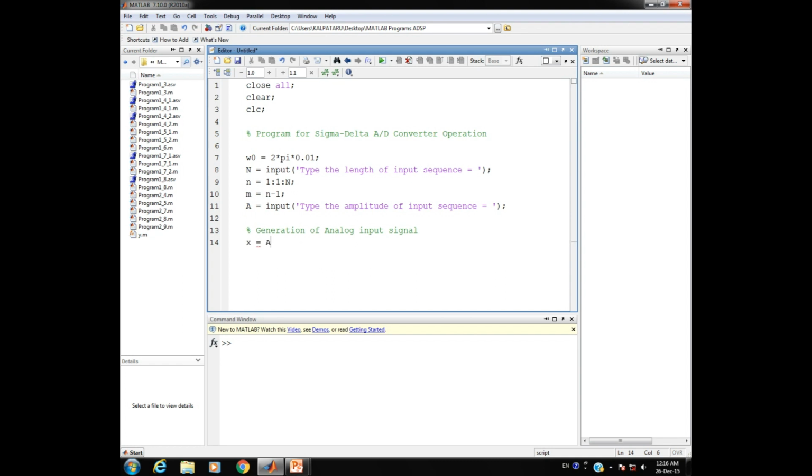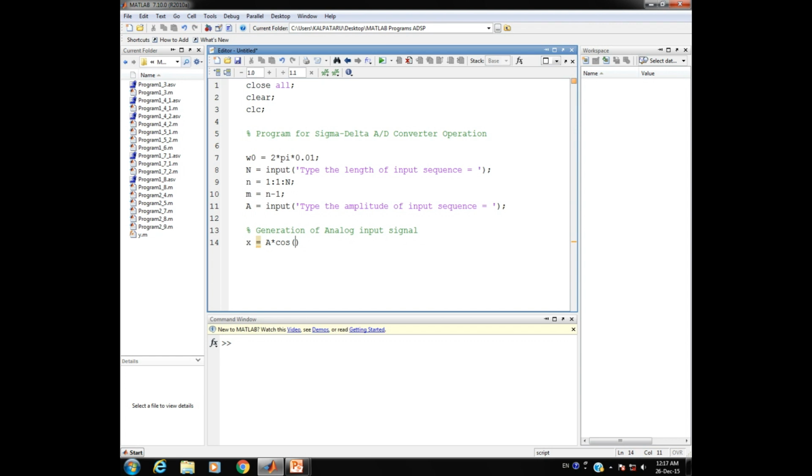So let us have this analog type of the signal to hold the amplitude A that we are accepting from the command window. This A is multiplied to, so for the continuous type of the signal I am making use of the cosine function. So it will produce a sinusoidal type of the signal, and the maximum amplitude will be equal to capital A here.